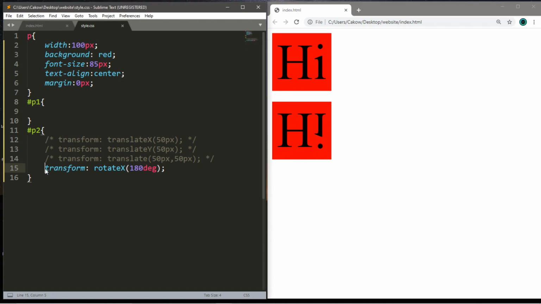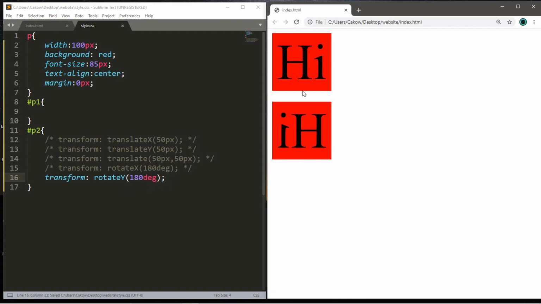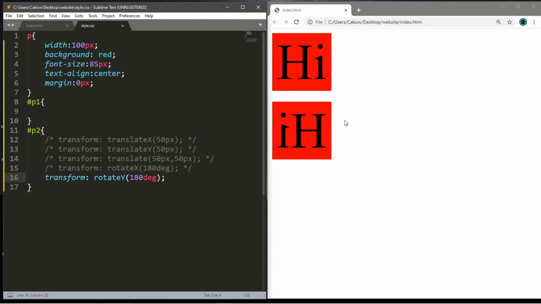All right. So we'll rotateY next. So I'm going to copy this, paste it, rotateY. It's actually kind of difficult to understand these since this is like a two-dimensional screen, but you can see that it's kind of like these letters are inverted now. And when we get to animations, you can actually see these things rotate. All right, let's rotateZ now.